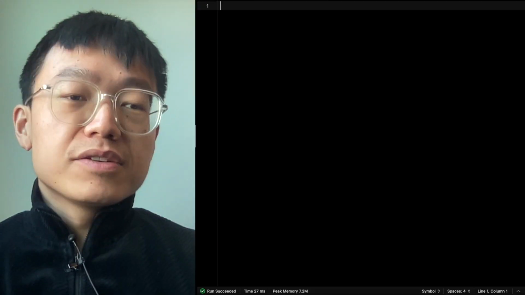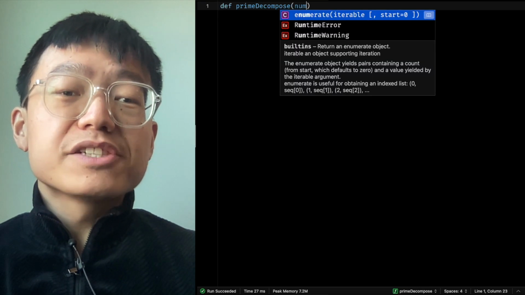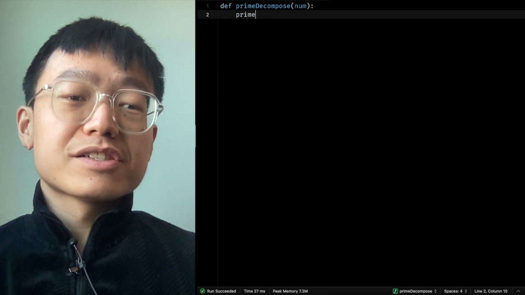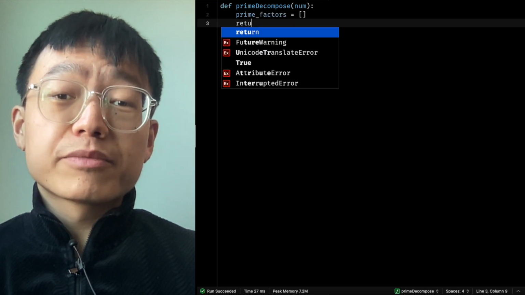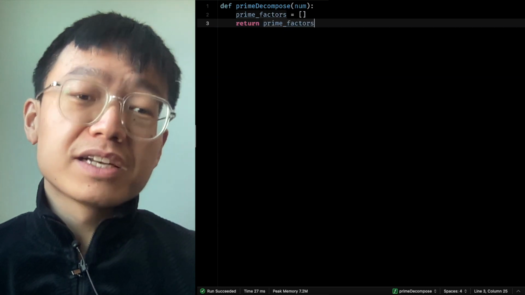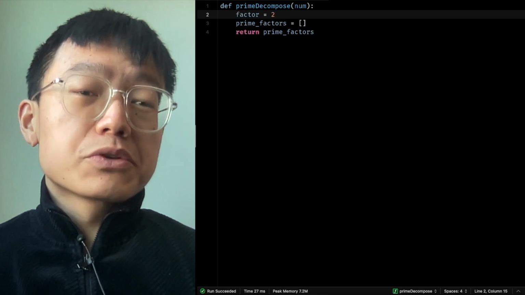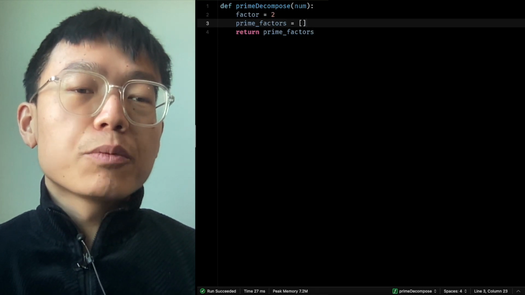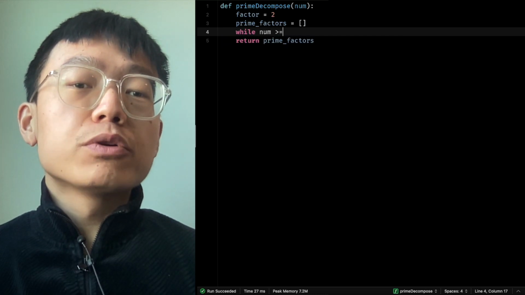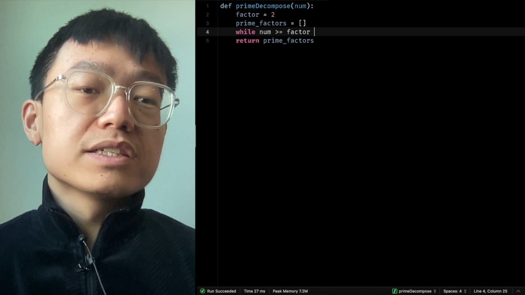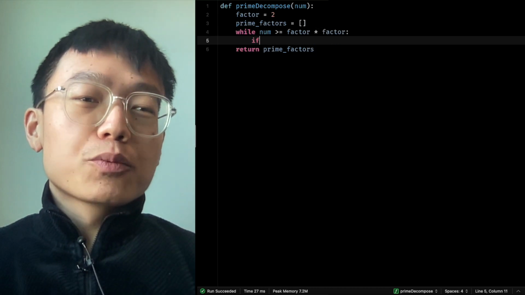First, we define a function called prime decompose that will take an integer num as our input, and then we create an empty list prime factors that will store prime factors, and finally we return the list of prime factors. First, we set the factor to 2, which is the first prime number, and then we enter a while loop which continues as long as num is greater than or equal to factor squared, which means the factor should be less than or equal to the square root of num. Within this loop,